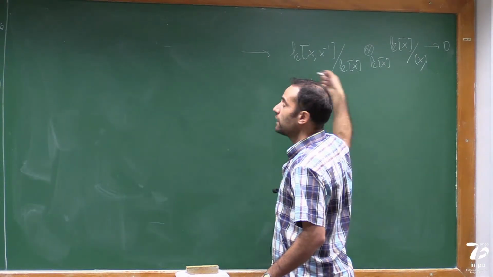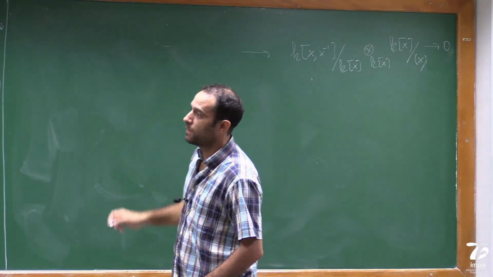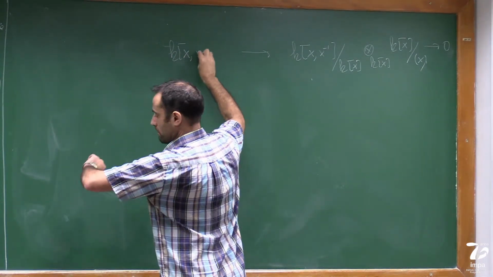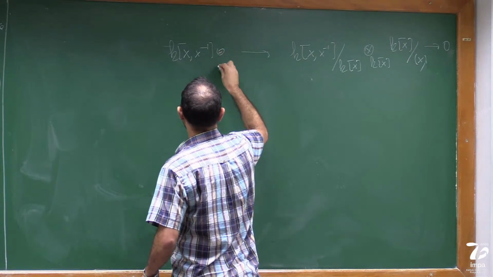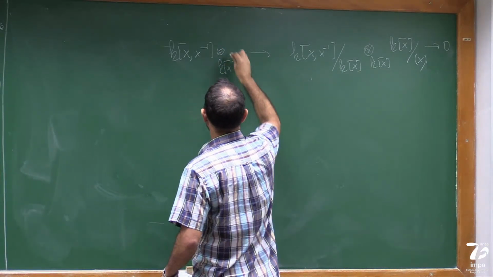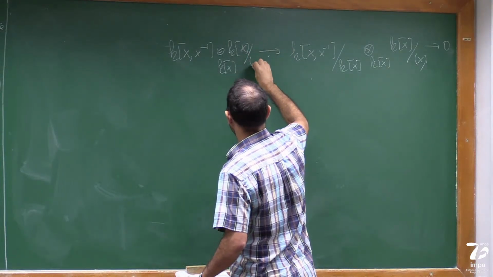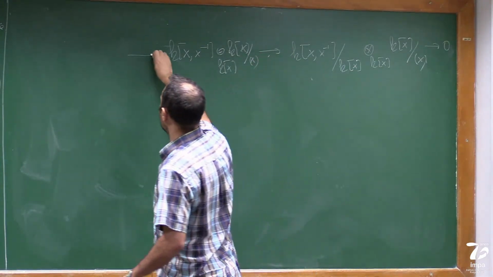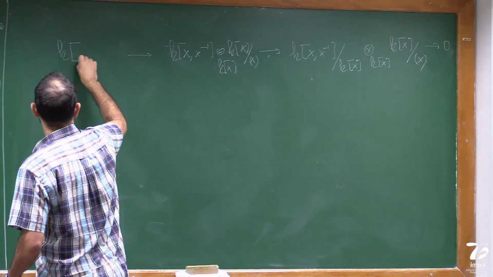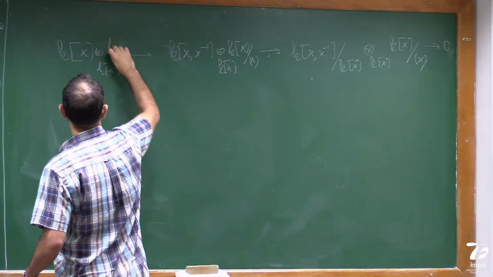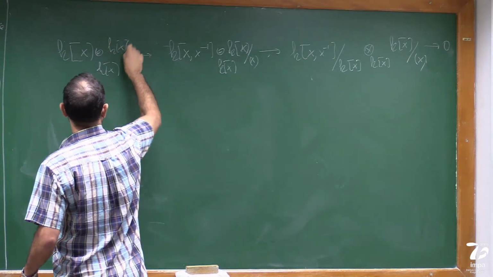So this sequence is still exact at this stage. I'm going to tensor k of x, x inverse with k of x again, with the point, k of x divided by x. And I'm going to tensor k of x over k of x with k of x divided